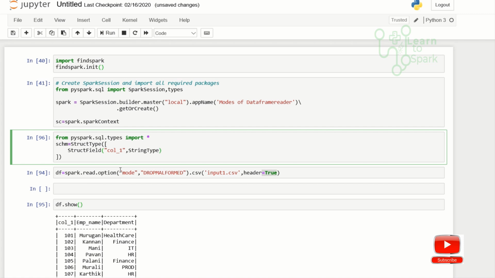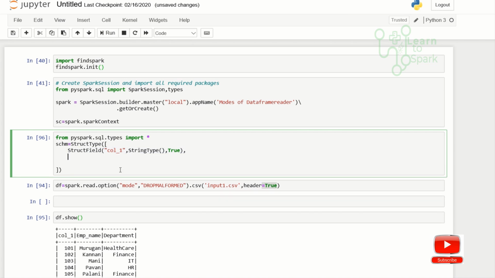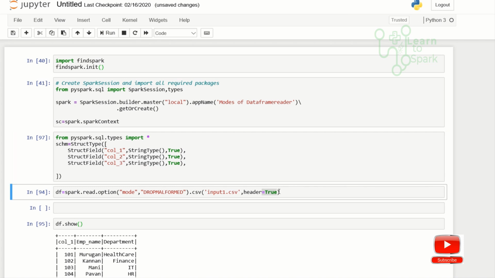I will give all the columns as string type and nullable as true. In this way we will understand whether the schema is taken from the schema that we are giving or else the CSV schema. So now I have declared the schema.